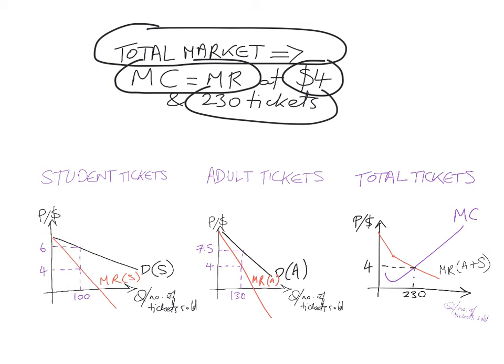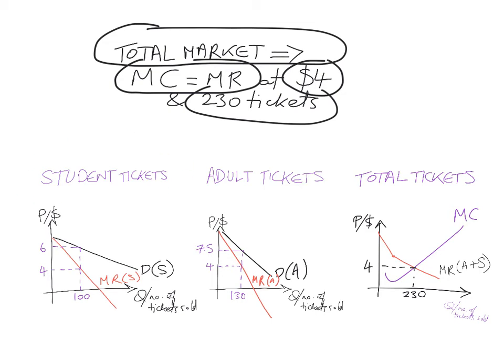So here, the firm would maximize its profits because it is selling the number of tickets where marginal revenue and marginal costs intersect. However, it would charge the adults $7.50 per ticket and the students $6, and that's depending on the price elasticity of demand. Adults have less elastic or more inelastic demand because they are less sensitive to changes in price when compared to